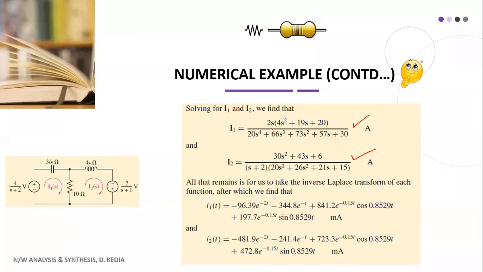So this is what you get. I1 is equal to twice of S. This is a rational function in S: you have one polynomial in the numerator, another in the denominator. We already know the rules of inverse Laplace transform. So you apply inverse Laplace to I1, you apply inverse Laplace to I2, and this is what you get. It is a bit lengthy and may require some time, so I advise students to obtain these inverse Laplace transforms on your own at home, and you should match your answer.